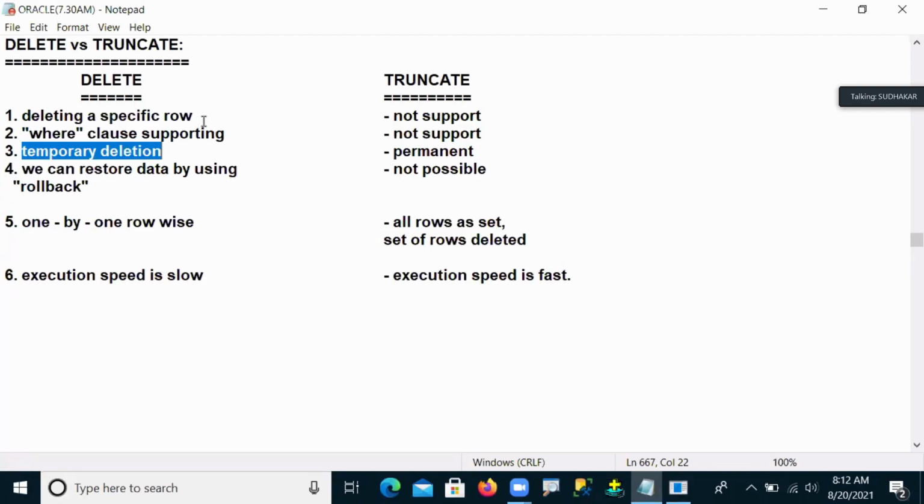So that's why instead of truncate, 90% of industry people are using delete, and truncate is very rare. If you want to apply truncate, compulsorily take permission from your team lead or project lead. With those permissions only you can do this. Otherwise, don't touch the truncate command in your real-time applications, because it is permanent data deletion. So these are the differences between truncate and delete commands, guys.